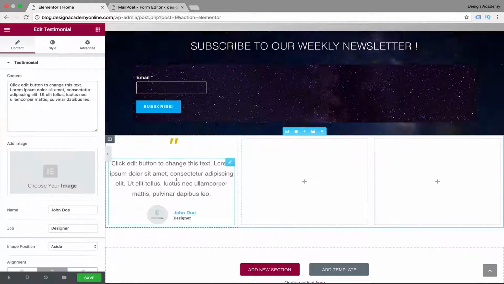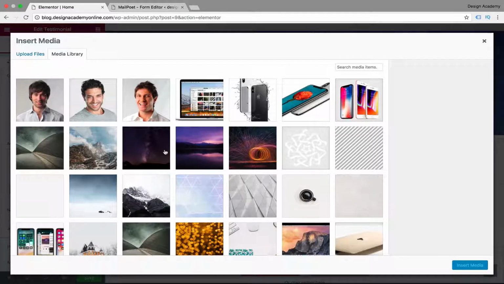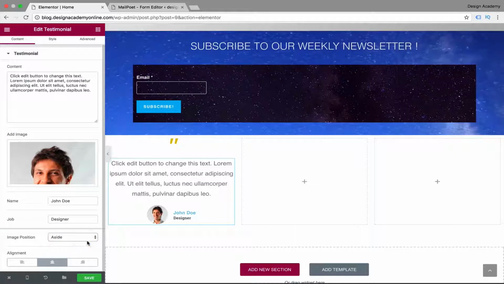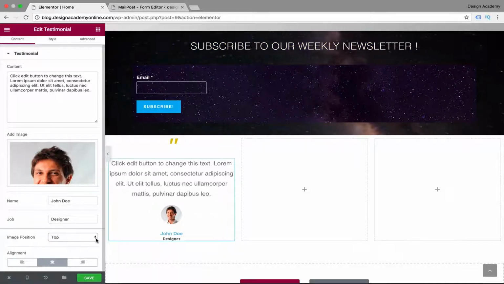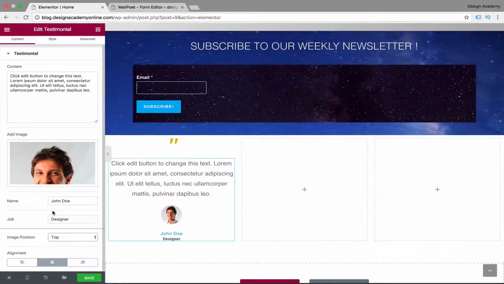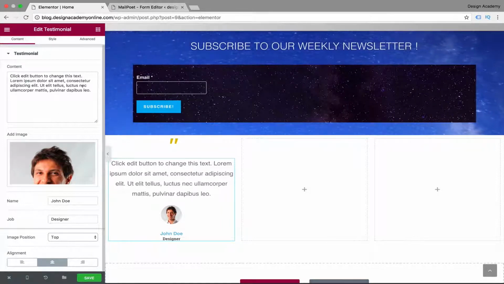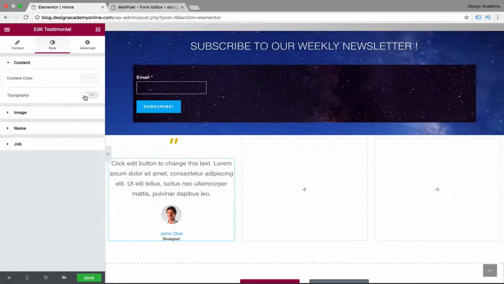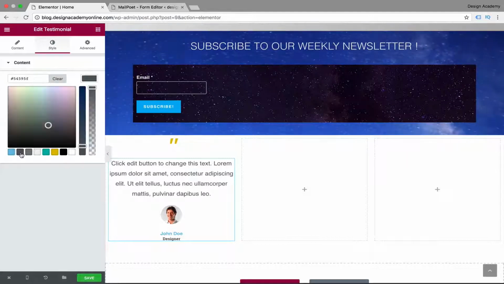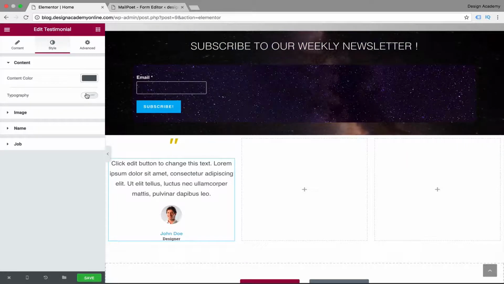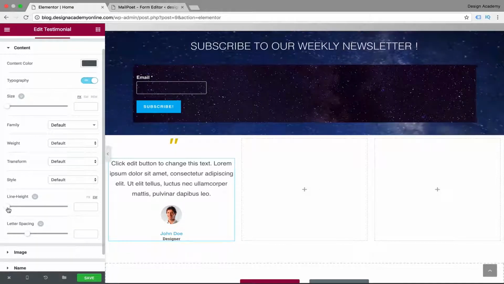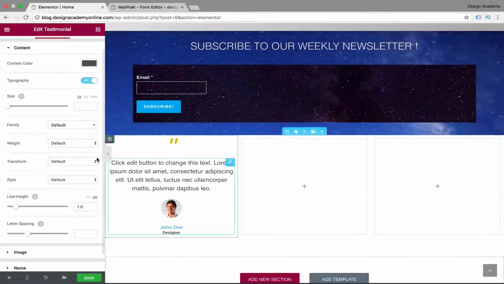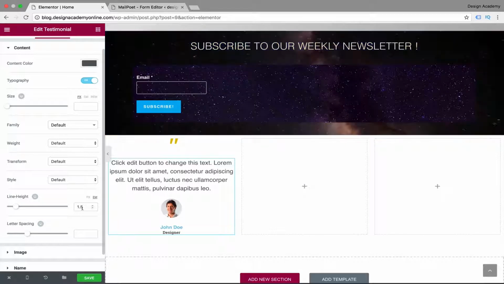Then let's go to our testimonial. We're gonna add an image in here, maybe that guy. We can make that on top like that. I think it's better that way. We can change its job or name from here, and we can stylize that text here. We have content color, darker gray like that, and then we're gonna make typography active. Then let's reduce that line height a little bit, it's taking too much space. This is like a review section, guys, okay? And then we can control